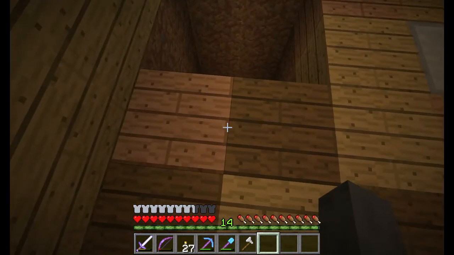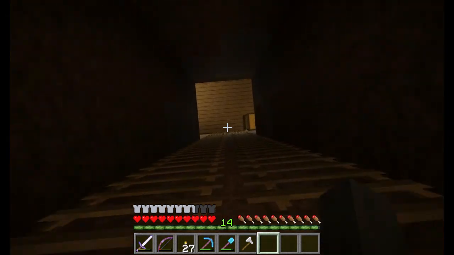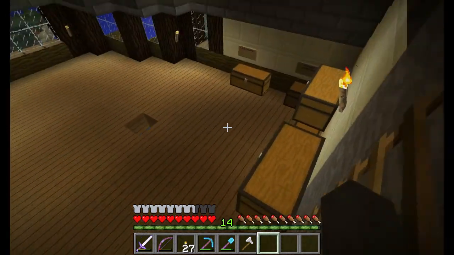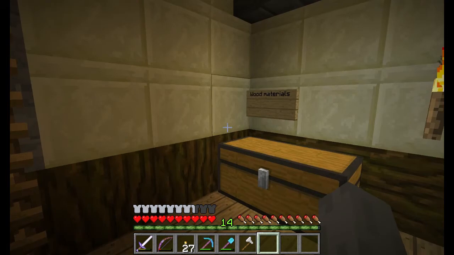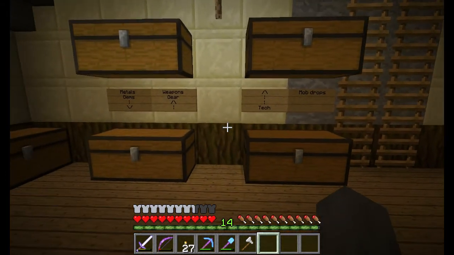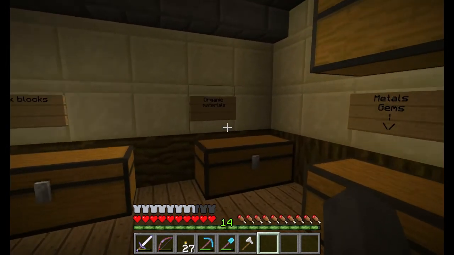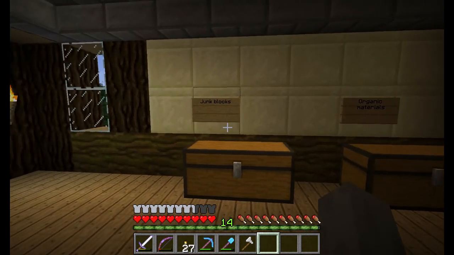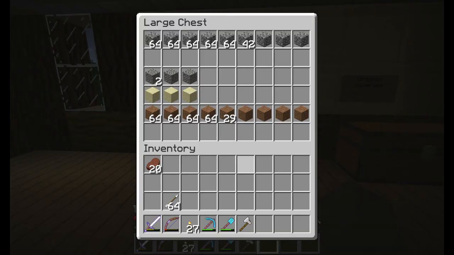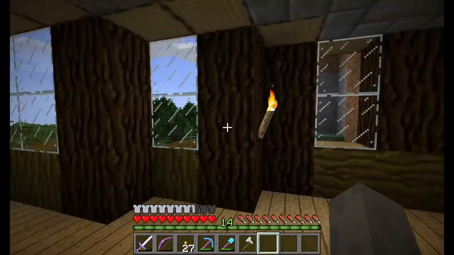Little bed. What's that down there? Oh, there's ladders there. Ooh. This goes to the lower area. It looks like it's storage area, I guess. Wood materials, stone and fancy blocks, mob drops, tech, weapons and gear, metals and gems, organic materials, and junk blocks. Well, actually, cobblestone is pretty useful, so I don't know why you'd call it junk,